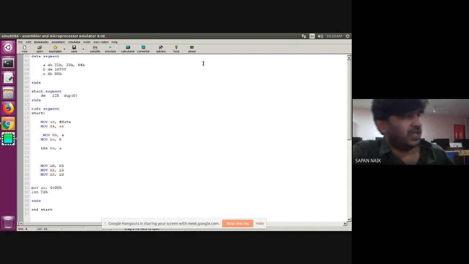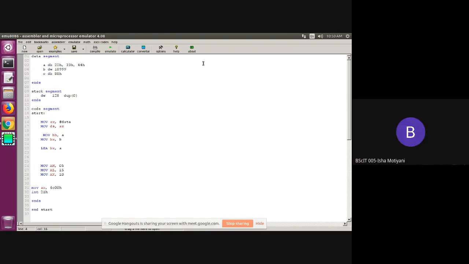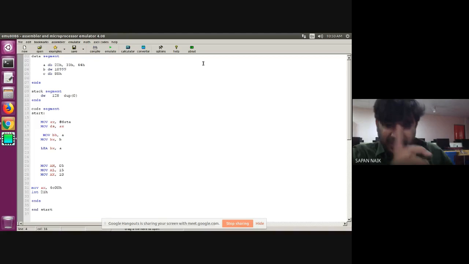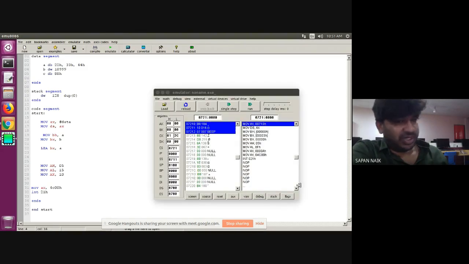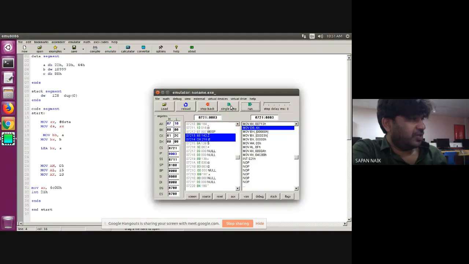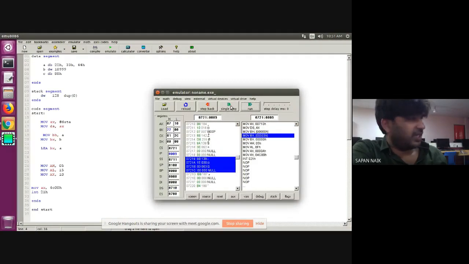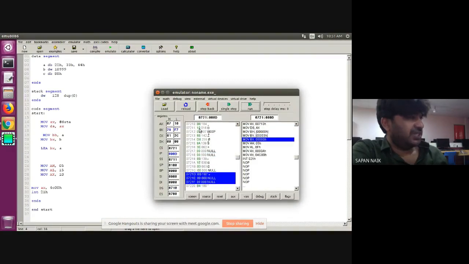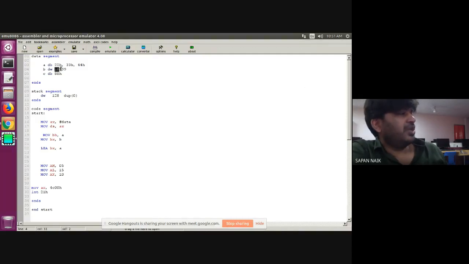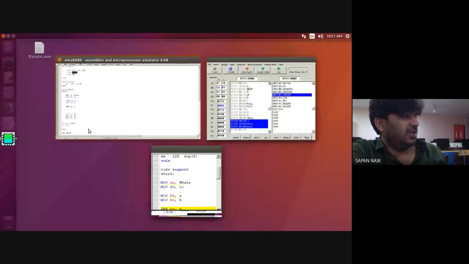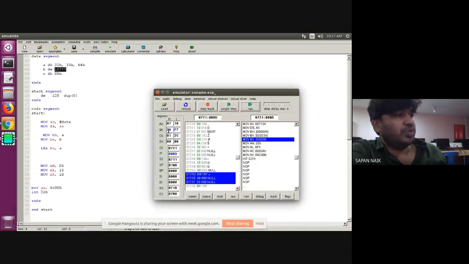But still, this will work. Can you tell me why? If I use DW with a decimal number, and you convert it into hex, it may be possible that it can accommodate into 16 bit. Why will this work? Because if you see BH, it is 22, and BX is 2AF7. 10999 in hex is equal to 2AF7.